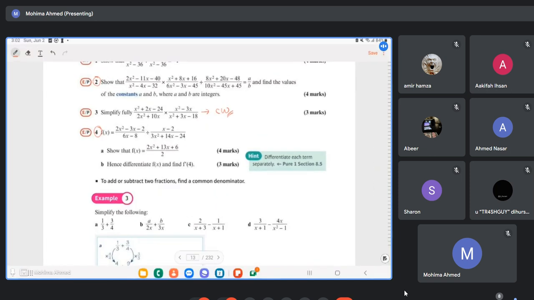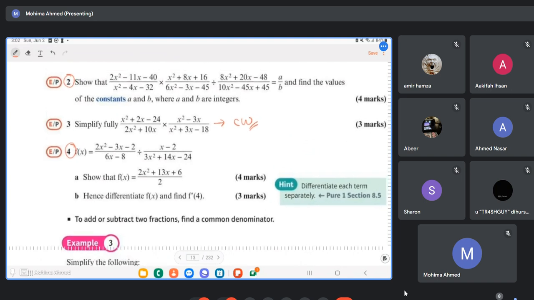Now you guys are supposed to do question 3 for me and send me the working in WhatsApp. Start doing question 3 then. Let me explain this to you again. You do not have to invert any fraction because you can see this is fraction 1 and this is fraction 2. Both the fractions are multiplied with each other. You just have to factorize this polynomial and this polynomial.